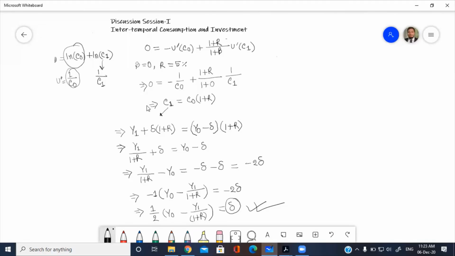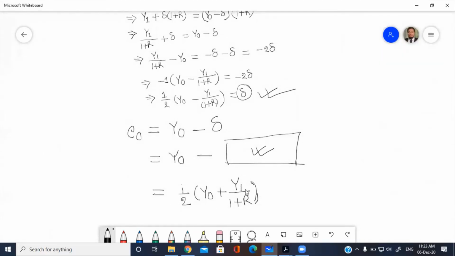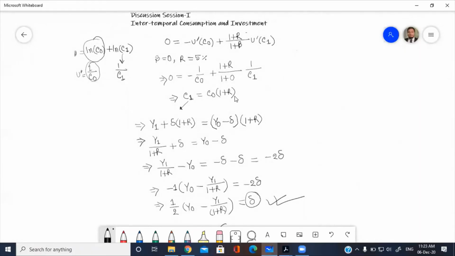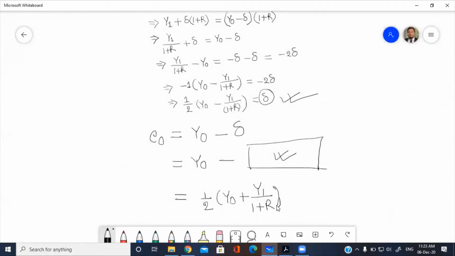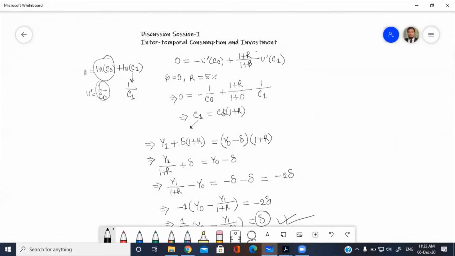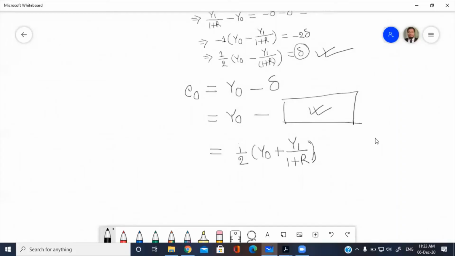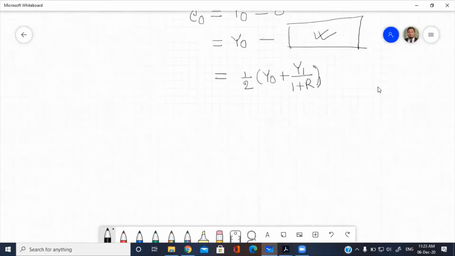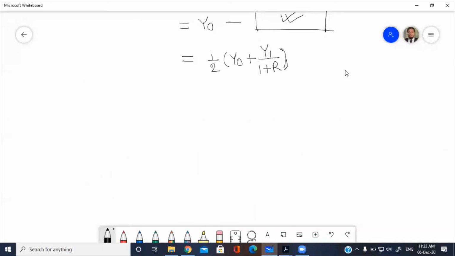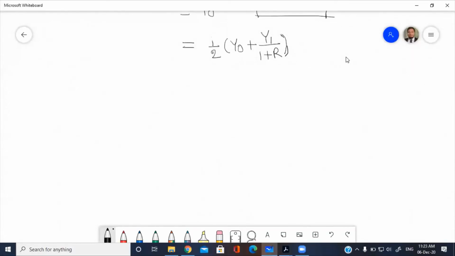So what can you do to make this answer in terms of the information given in the question? Just replace the C0 by the C0 you have got here. So when you have written the C0 in terms of income and the risk-free rate here, you are actually representing the C0 in terms of the information presented in the question. This is the common thing we usually do when we solve a mathematical problem. We need to express the answer in terms of the information given in the question if the numerical values are not given, right? Okay.